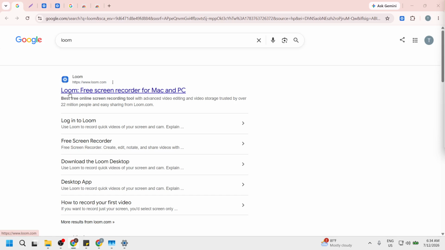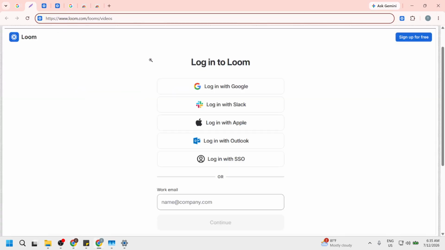Next, click on the correct link that leads to the official Loom site. It's important to ensure that you are selecting the correct link to avoid any third-party sites that might cause confusion or security issues. You'll recognize the right link by its URL. Look for loom.com. Once you click on this link, your browser will take you directly to the Loom homepage. This ensures that you are working within the proper environment to address your microphone problems effectively.